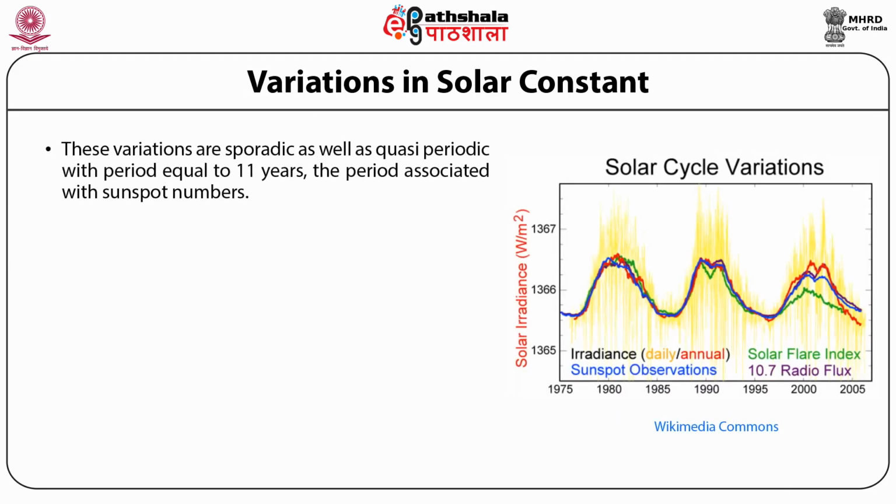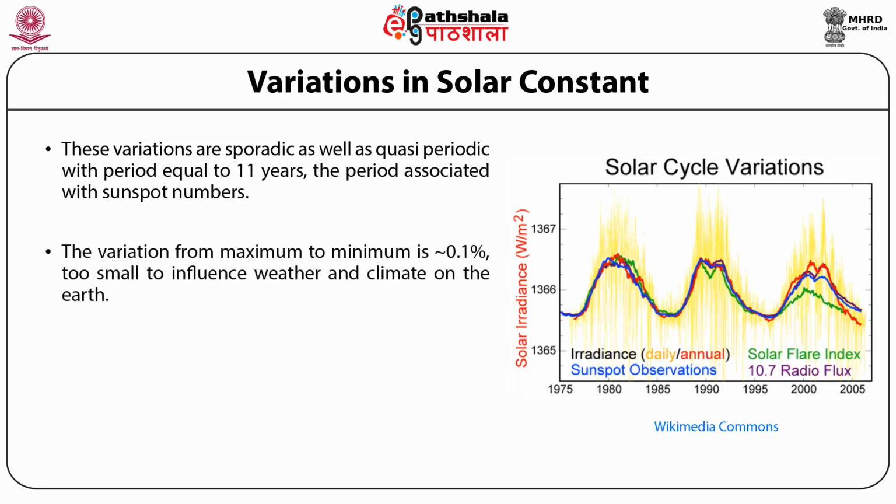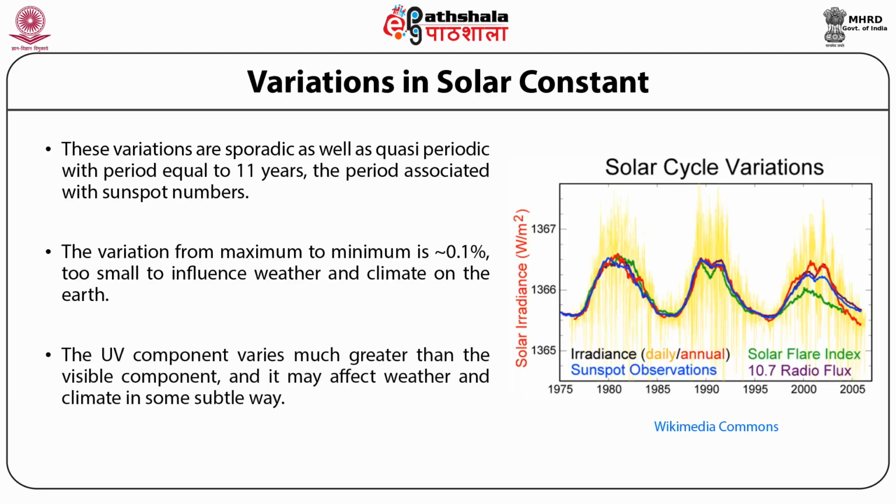These variations are sporadic as well as quasi-periodic, with a period equal to 11 years, the period associated with sunspot numbers. The variation from maximum to minimum is 0.1%, which is too small to influence weather and climate on the Earth. The UV component varies much more than the visible component, and it may affect weather and climate in some subtle